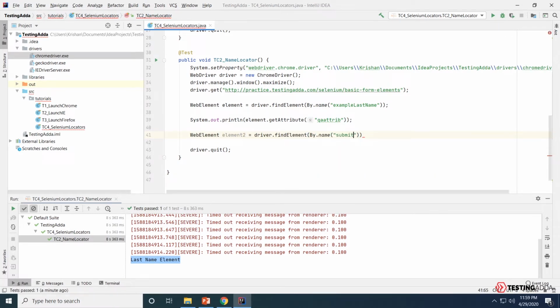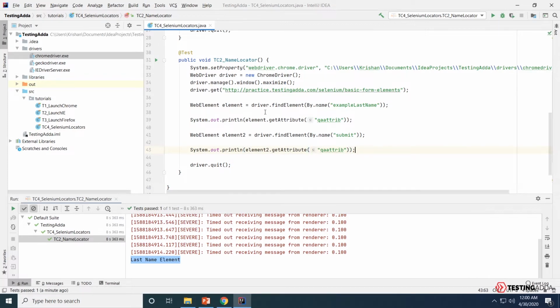I'll provide the name of the attribute, that is submit, and now I'll print the value of that QA attribute: sout element2, which holds the reference of submit button, .getAttribute, and the attribute name is QAATTRIB.